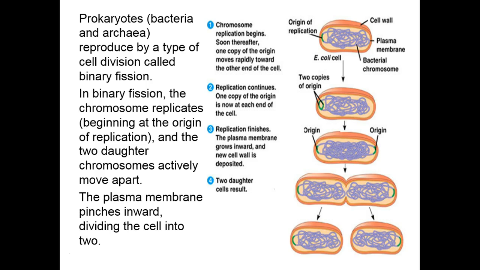So based on size, it's time to divide. So the two copies of the origins of replication, that would be kind of equivalent to our DNA replication, move to opposite poles and then start